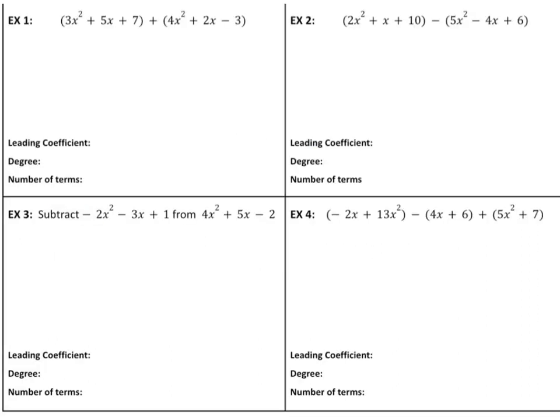In example number 1, we have the following two polynomials that we're being asked to add together. So we have 3x squared plus 5x plus 7. That's a polynomial. And then we're going to add it to 4x squared plus 2x minus 3. So we are looking to just combine those two. In order to do that, we have to